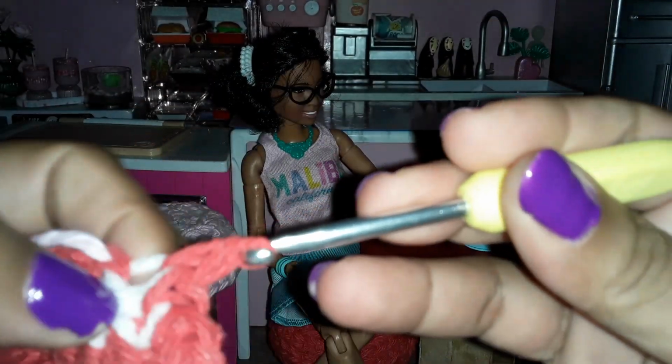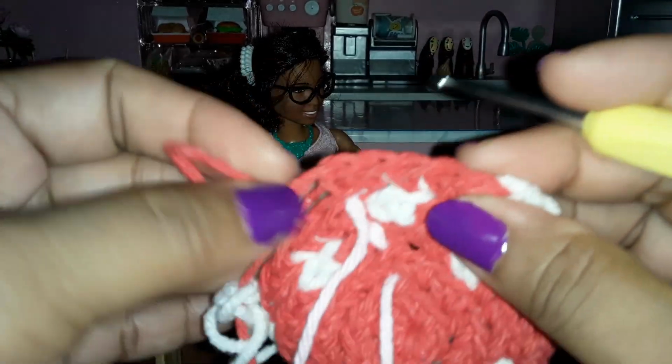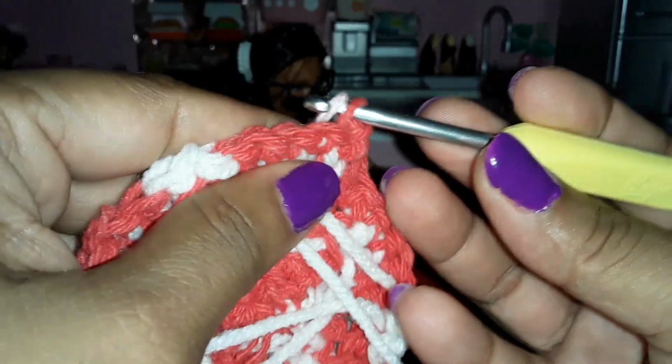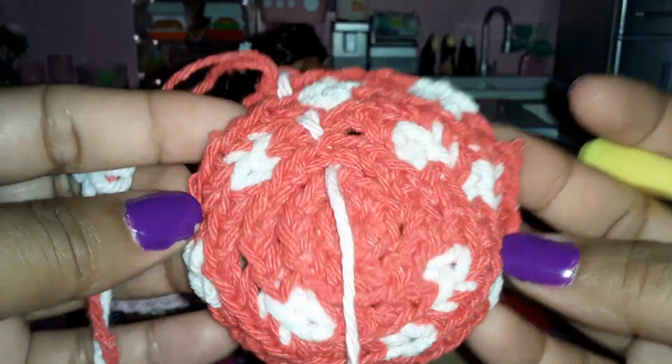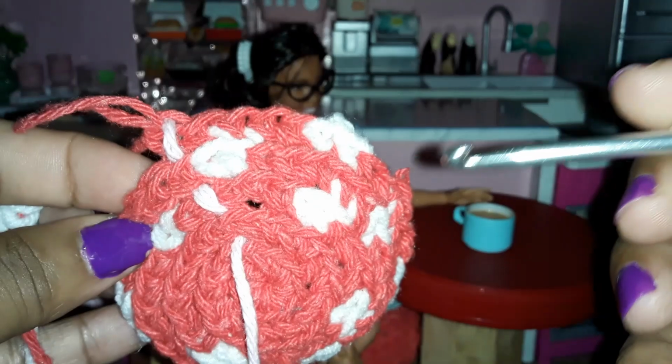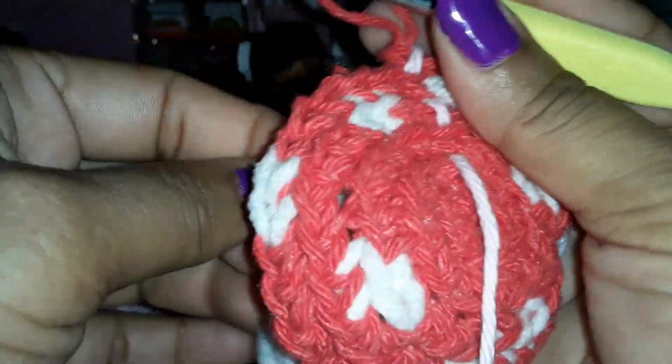So here I need another one, which is the last one, and this one, which is the first one. In this row also we do 1 single crochet on top of each one, but let's put the marker first so we don't forget our place. So here we just pass it through the loop, and now we're going to continue doing it around the whole row, and make sure you put a couple of speckles like this one and space them out like that. Okay, so let's keep going and do another single crochet